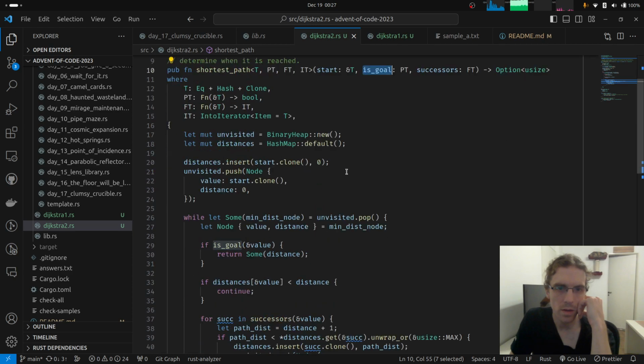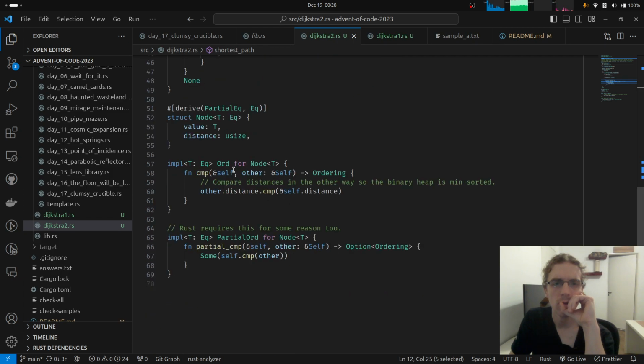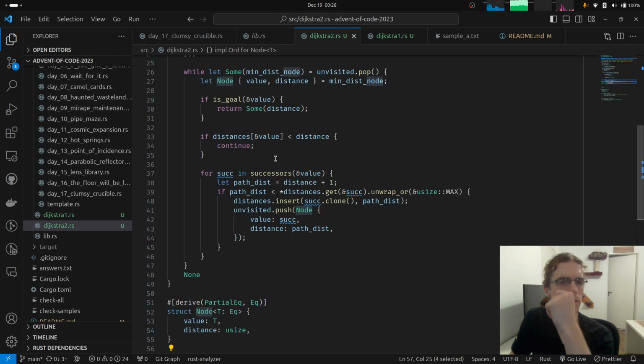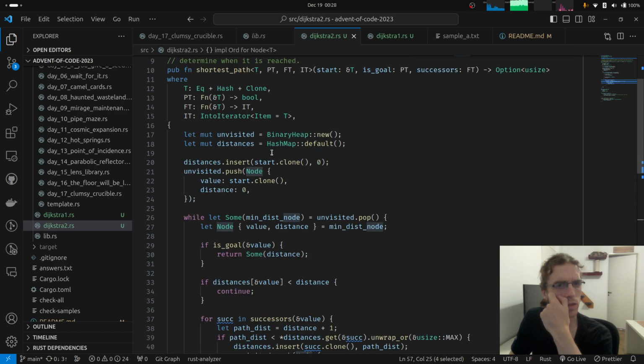The one for 2022 is taking an is-goal as, wait, this also takes EQ, hash and clone. Oh, it makes this node be. So I don't expect this actually to be faster in any way.